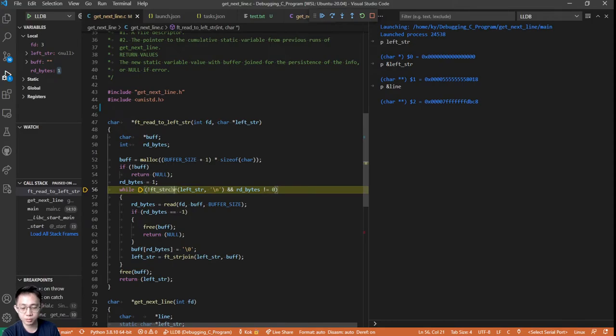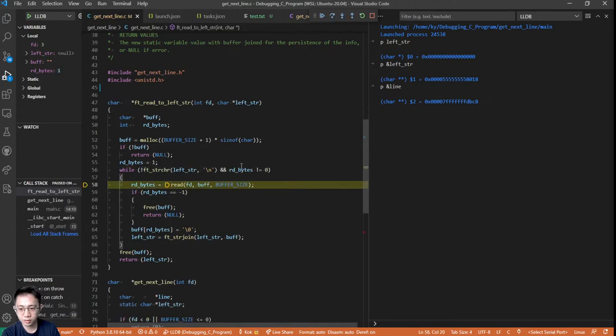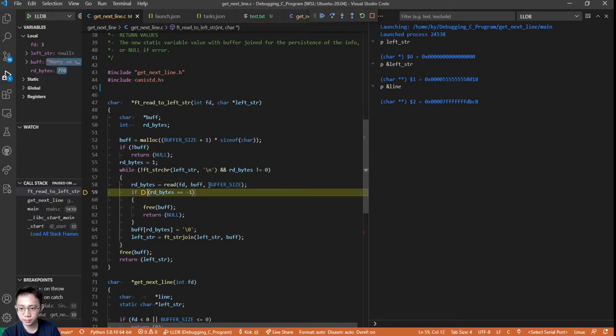To skip this, you just press F10 as step over. And you realize that if you notice this part, the value changes as you execute the code, right? For this one, the read bytes, it's gonna read like